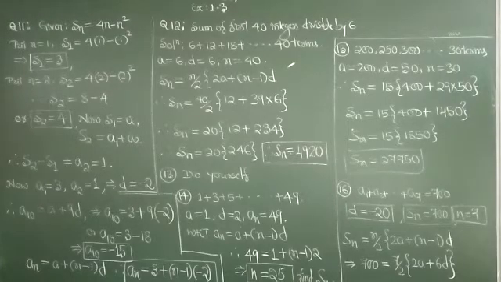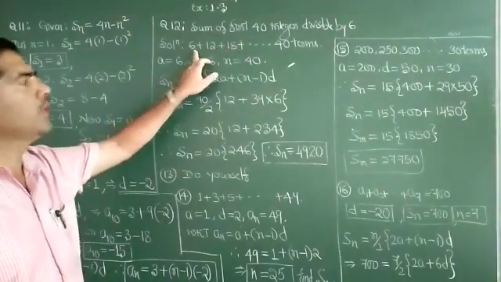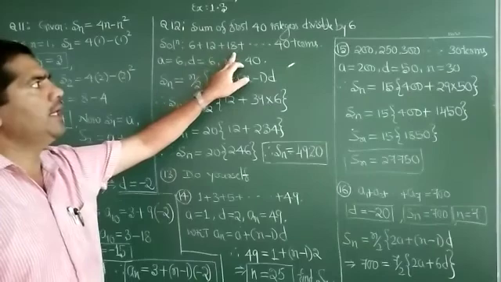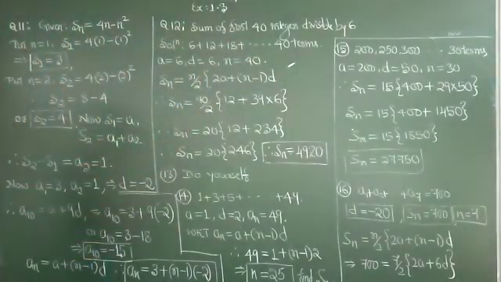Going to question 12. Questions 12, 13, 14 are similar. That kind of questions I have already solved in the PPT and the video which have been shared earlier. This is just to make you more clear. Sum of first 40 integers divisible by 6. I am supposed to find the sum of first 40 integers divisible by 6. The indication is the first term will be 6. Next is 6, 12, 18, like that. How many terms? 40 terms. I am supposed to find the sum.